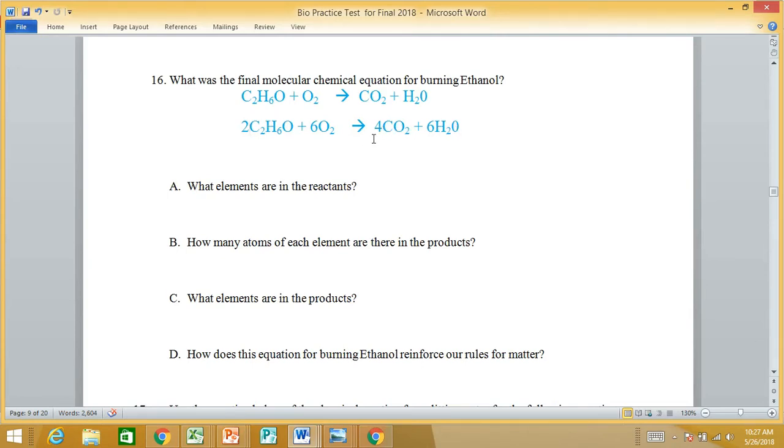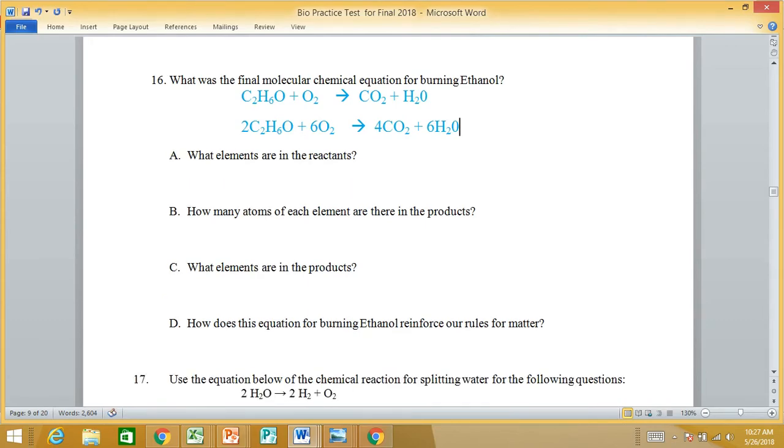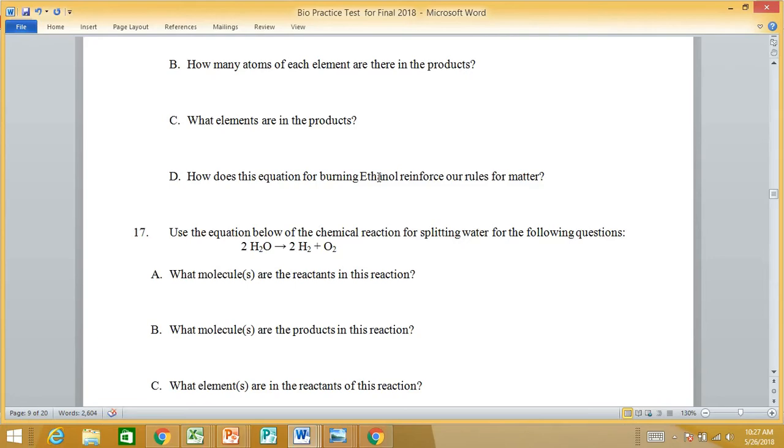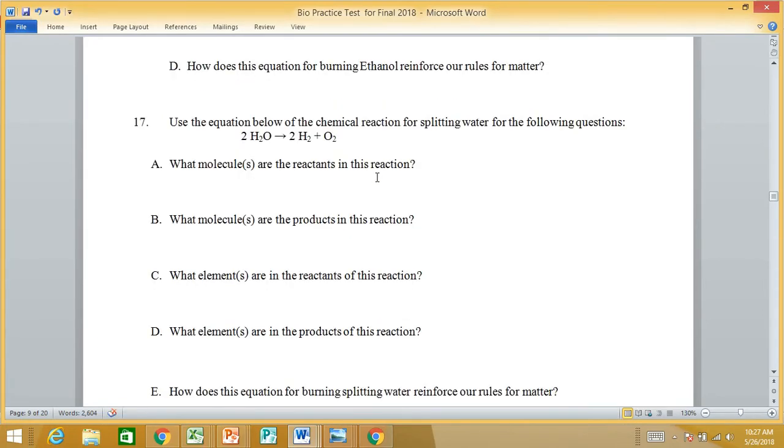So this is balanced, right? So not only do we have the same elements, we have the same number of elements. Matter cannot be created or destroyed, but don't worry about that piece of it for the final. Okay. Now we've got the equation for